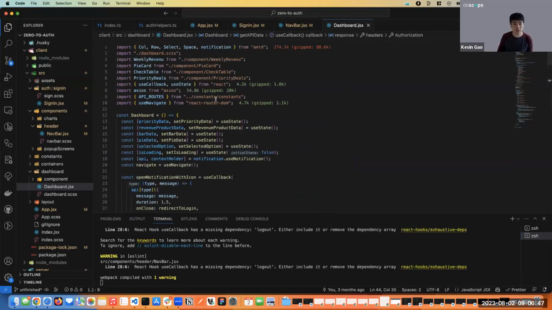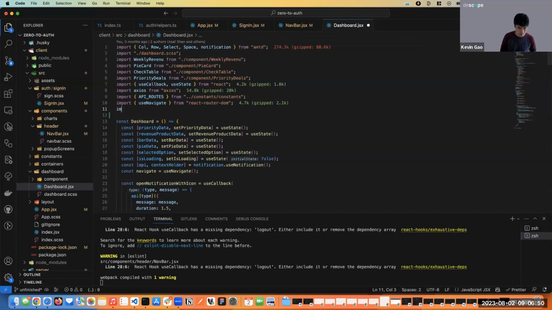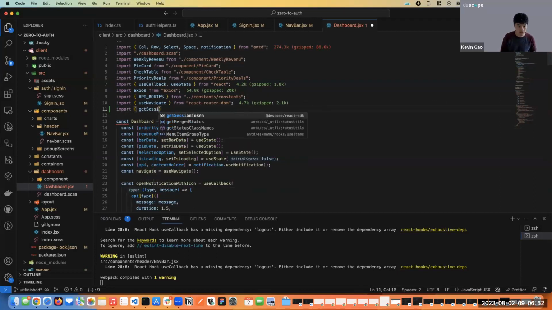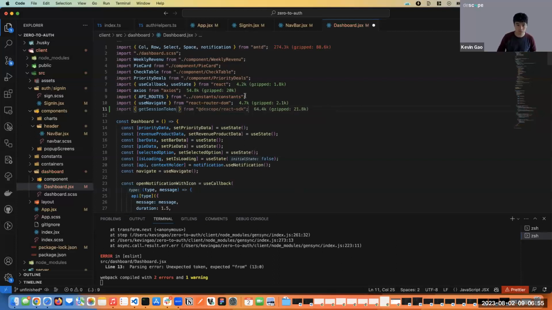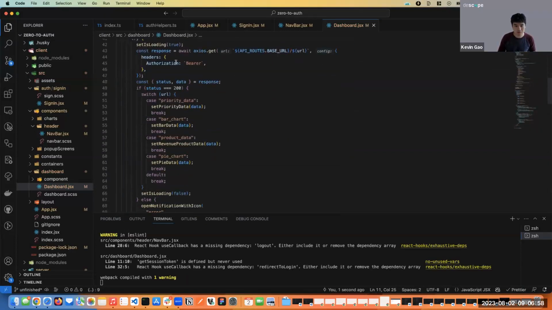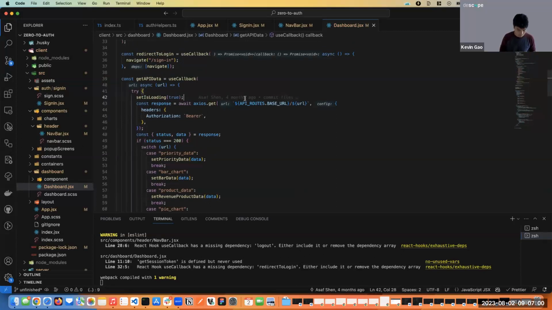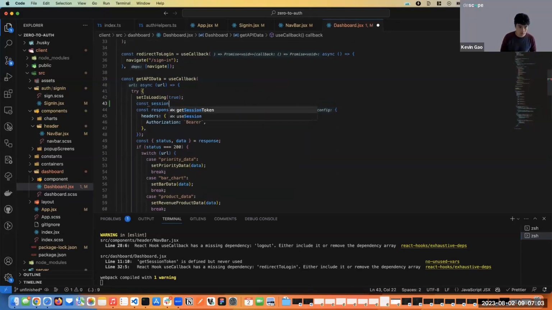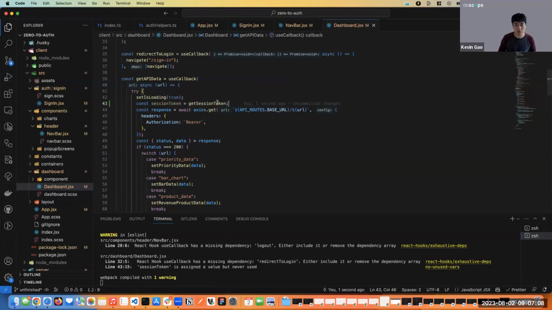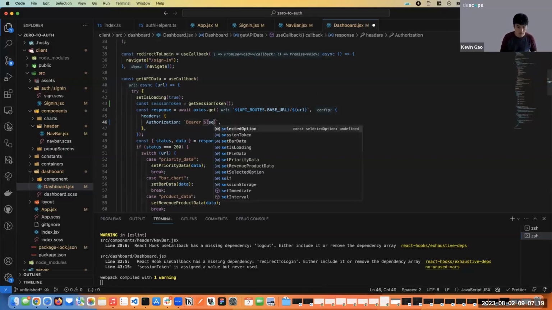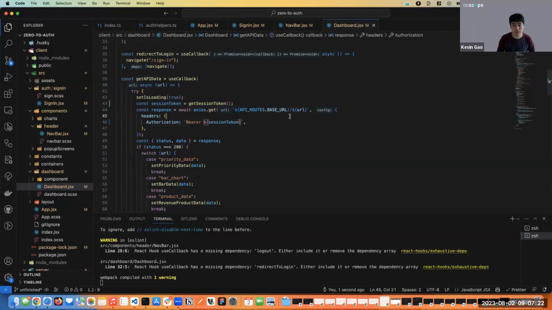And so the way we're going to do that is we just have to import get session token from the React SDK. And then you can see here, before response, all we need to do is say const session token equals get session token. So we're just going to call get session token, very simple. This will return the session token and set it as a const. And then we can include it here in our authorization header. So now when I make a request,